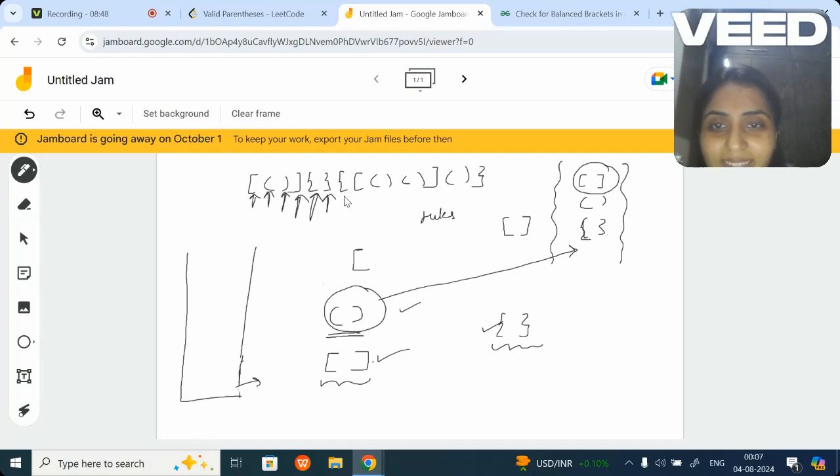Now I go to the next one. This is also an opening tag. So you push it into this stack. Then you have the second one, like this one. It is also an opening tag. So let's push it. Then let's go to this one. It is also an opening tag. Then let's push it. Now, when we go to this one, we are going to pop out the